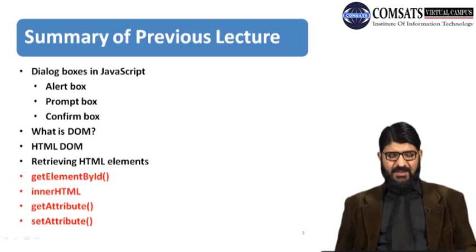The first method is getElementById. This method takes the element ID as a parameter, and by using this method you can access an HTML element, and then, using the get attribute and set attribute, you can either get the particular attribute of that element, and similarly you can set different attributes of that particular element that we have found with the help of getElementById.